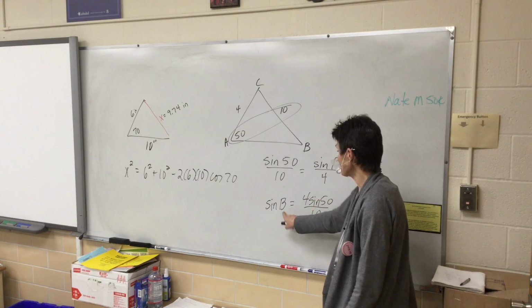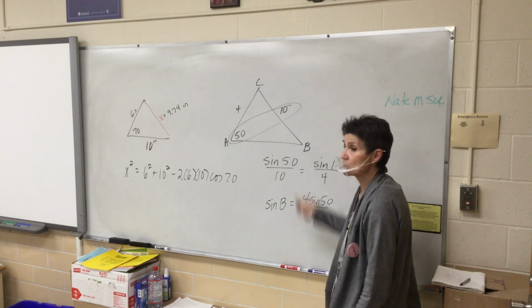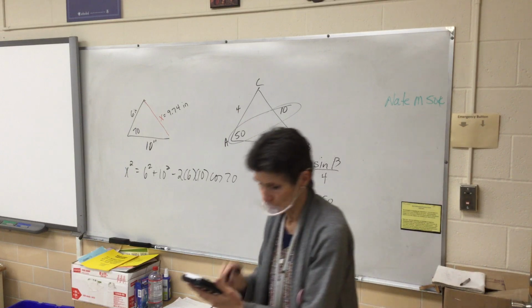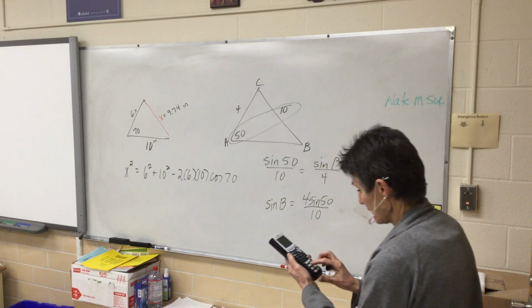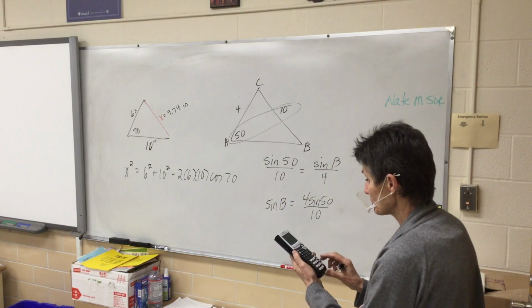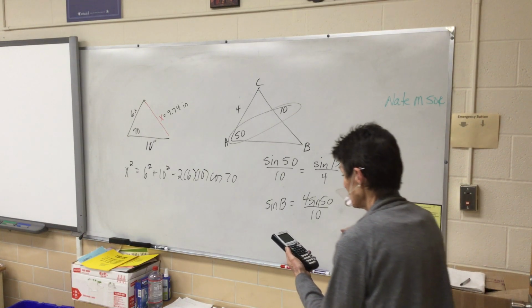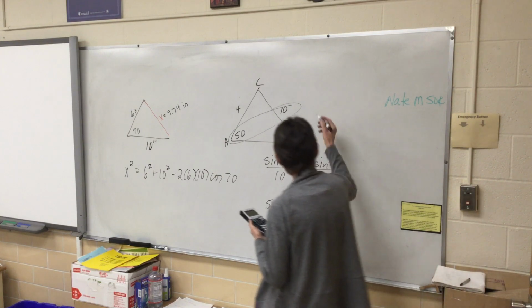How do we get our answer? We need to find angle B. So we will have to do what? Second sine, or inverse sine. So inverse sine, 4 sine 50, close the parentheses, divided by 10. And I got